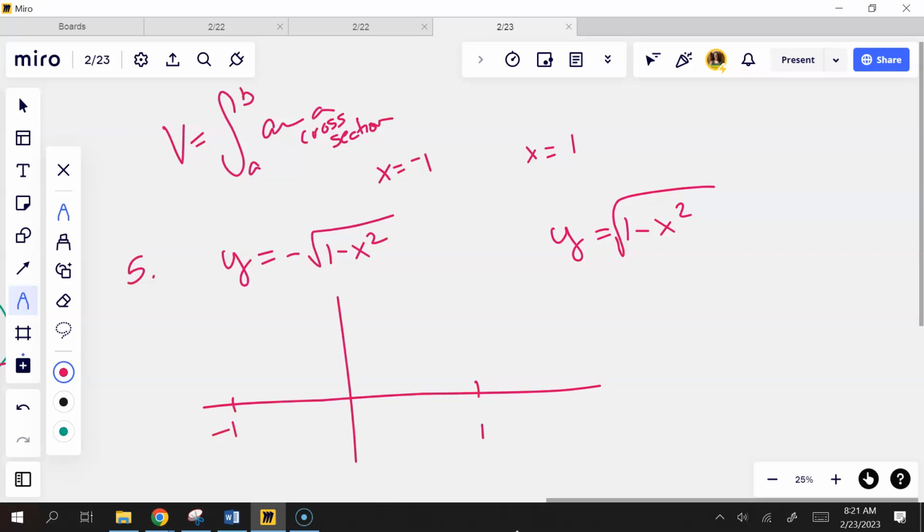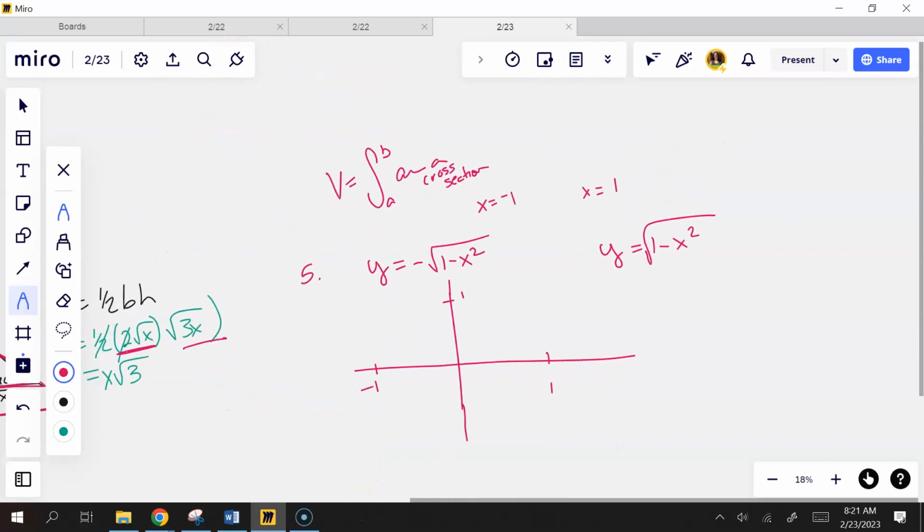I feel like we did one kind of like this yesterday, did we? I don't know why my circles never look like circles. They always look like